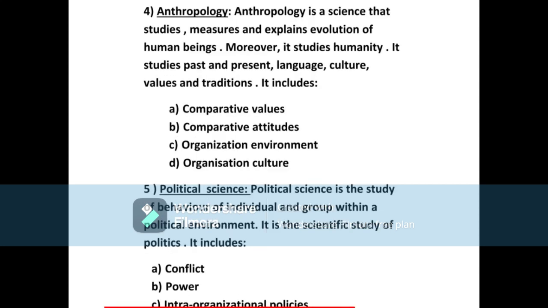Anthropology is a science that studies, measures, and explains the evolution of human beings. What does anthropology mean? Anthropo means man, and logy means science. So cultural analysis or a comparative analysis of the attitudes of man will be learned in this science. So, science of man. Anthropology studies civilization, forms of culture, biological features, values, languages, norms, etc. All will be studied here